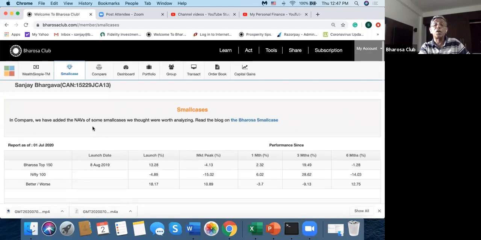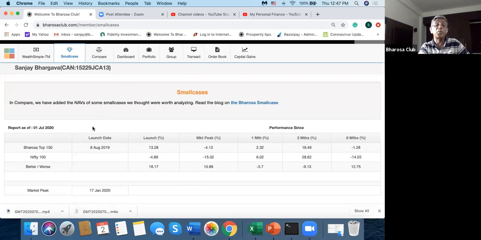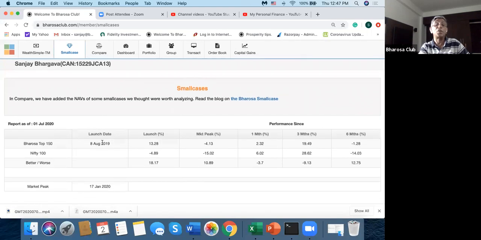So Bharosa has only one small case that it runs. For that, it basically gives you all the details. This was launched on 8th August 2019, so it's not been there for a very long time. While there's a lot of backtest data, I personally take all this backtest data with a pinch of salt. So I like to look at actual data. There's actual data for almost a year, about 10, 11 months now, but it shows you the data up